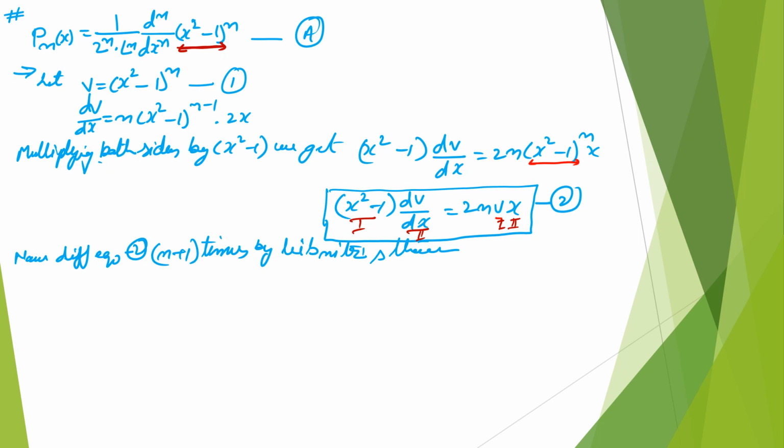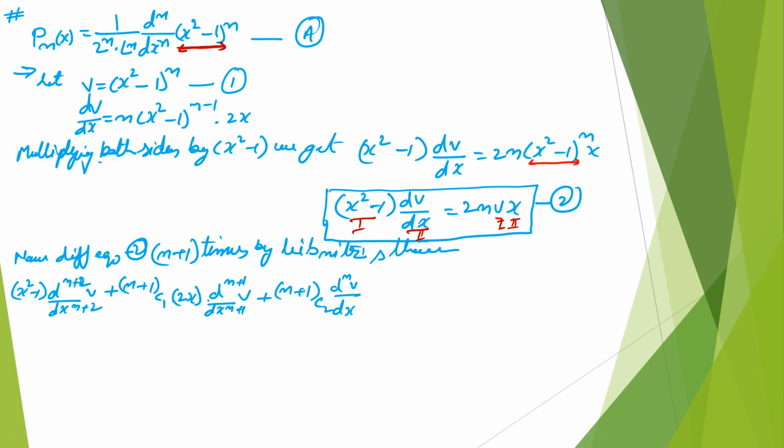So we get the value (x square minus 1) d^(n+2) over dx^(n+2) of v plus (n plus 1) C1 into 2x into d^(n+1) by dx^(n+1) of v plus (n plus 1) C2 into 2 d^n v over